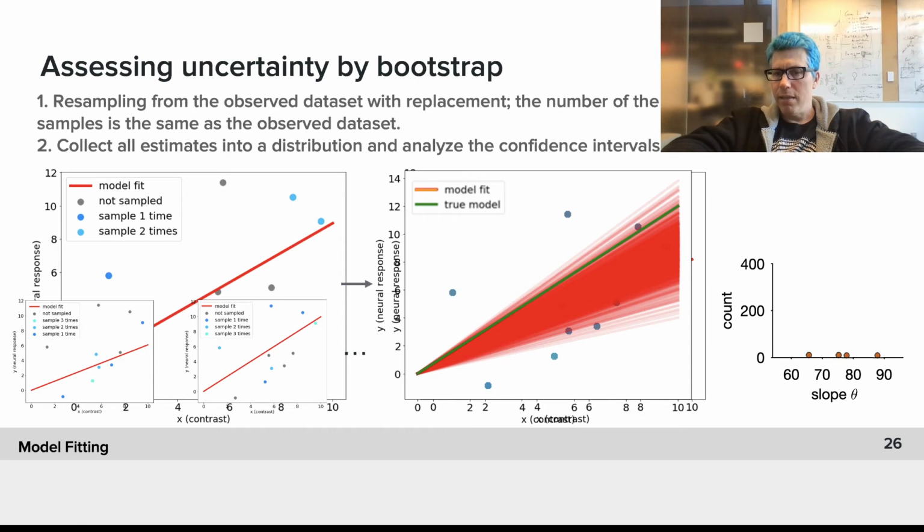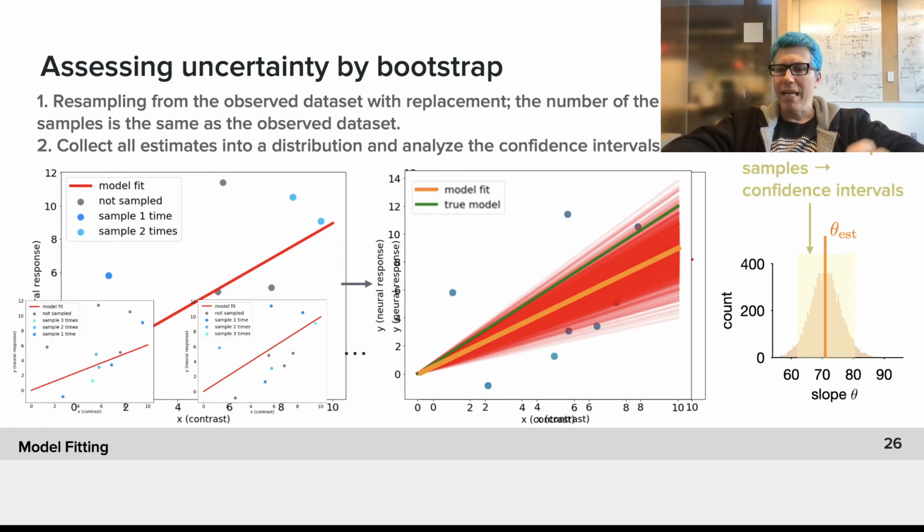What you see here is the distribution of all possible fits. You see the true model, but you also see the distribution of estimates that we have. In a way, we can already say that the estimate distribution is kind of overlapping with the true model, so it shouldn't be that surprising that the true model had its property. Our model fit here, and also our average model fit, is what we see in orange. If we do it many times for the slope, we will get a certain distribution. The mean of that, we can call the theta estimate. That's what we have in orange here.